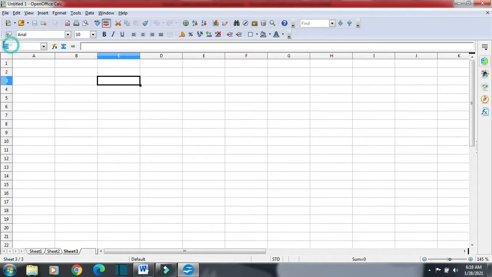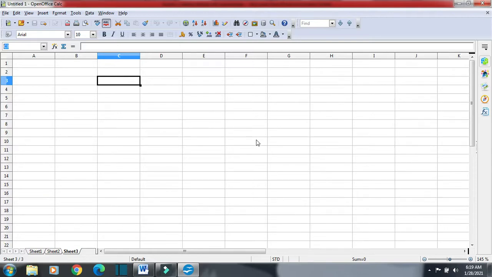Here you will see the address of the cell. This is also known as the name box. Now we have the scroll bars, the vertical scroll bar and the horizontal scroll bar. At the bottom we have the status bar. So these are the various basic components of a spreadsheet.